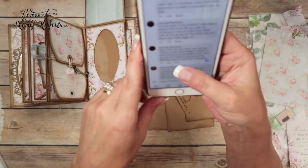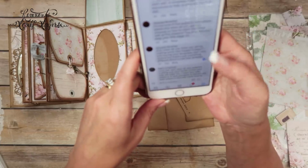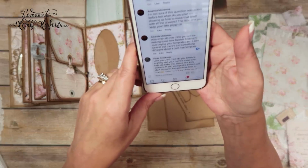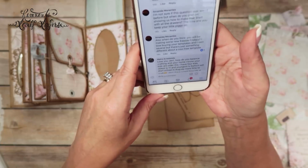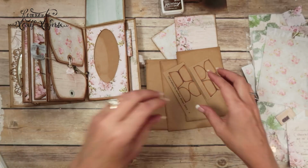Oh, it looks like she also has another question. Also, when do you think you will make some new Freebie Fridays? I love buying your templates and own several, but there's just something different about a cool free template. Well, first question